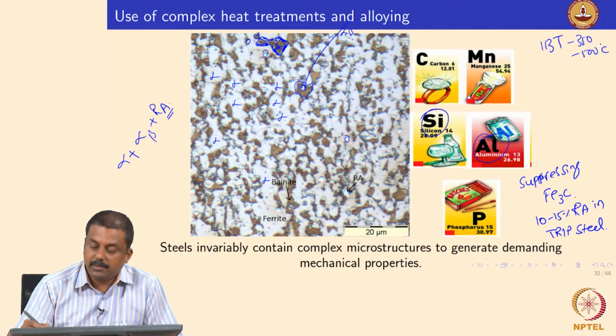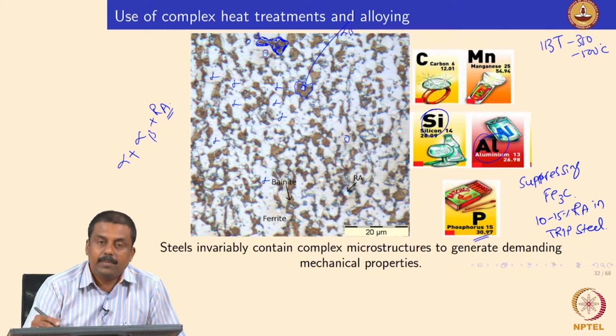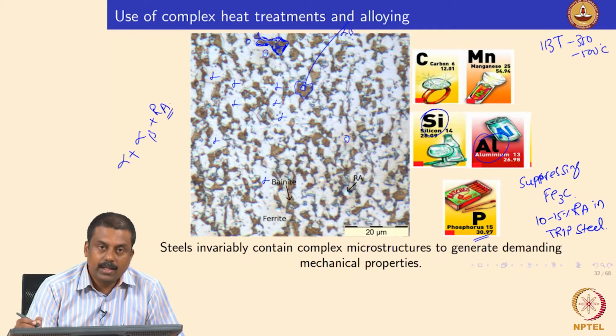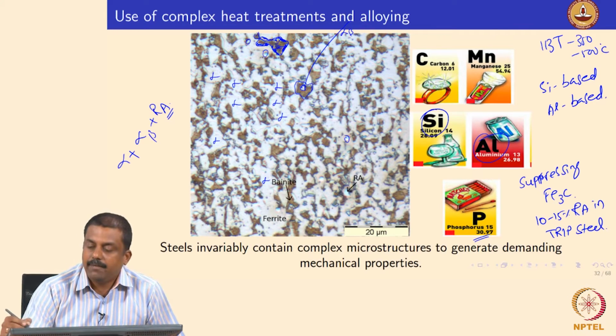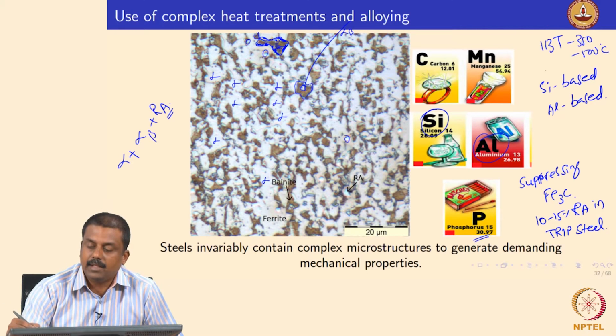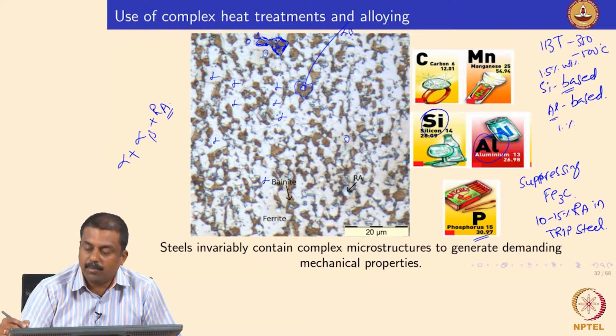I would like to say here as well, apart from silicon and aluminum, modern TRIP steels, the modern automotive steels, also have some amount of phosphorus. There are some inherent problems with the addition of silicon and aluminum in a large amount. Generally, conventional TRIP steels can be classified in 2 ways: silicon based or aluminum based TRIP steels. In silicon based TRIP steels, the silicon concentration generally goes up to 1.5 weight%, and in aluminum based TRIP steels, the aluminum concentration goes up to not more than 1%, a maximum of about 1.1. So not more than that.